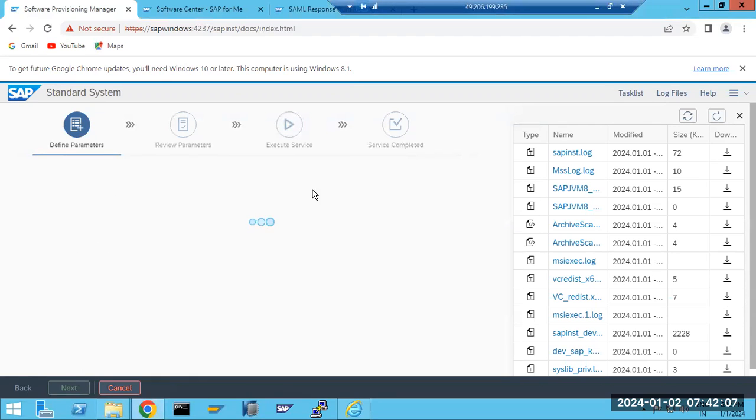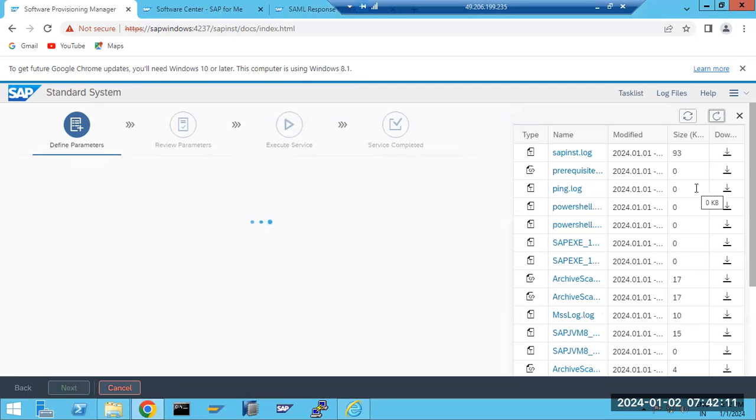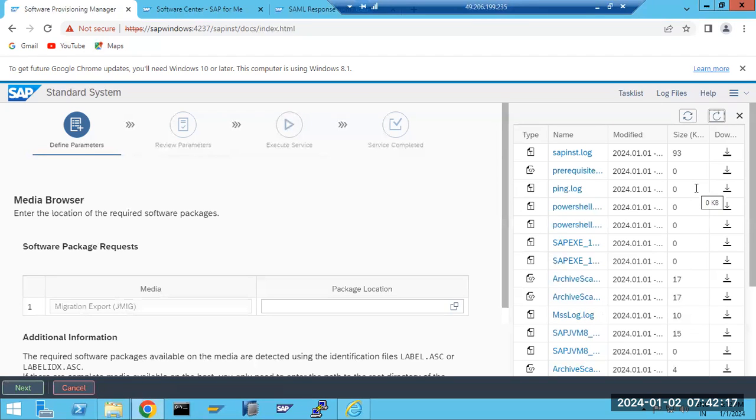Host agent update not required. You already have the latest version, so just uncheck it. If you check it, it will ask for the host agent version, and then we can provide the host agent version. So now it is asking the